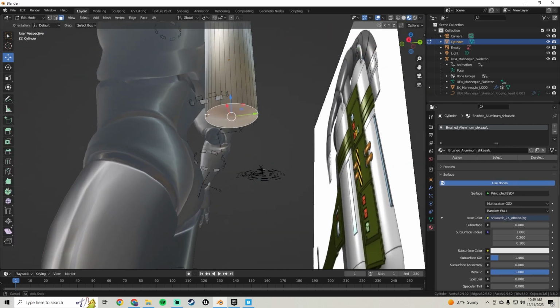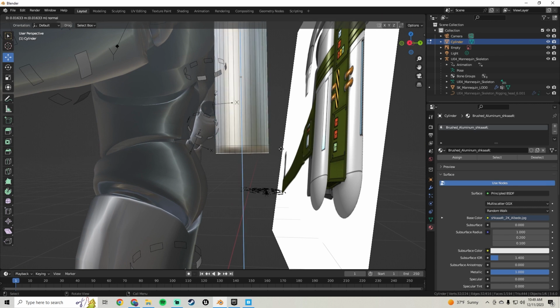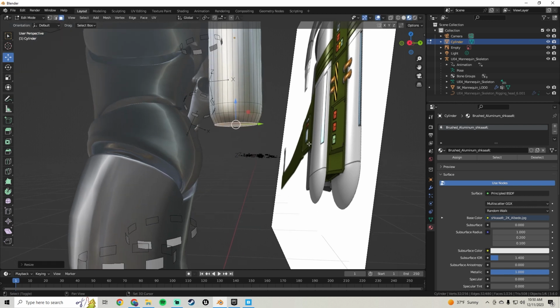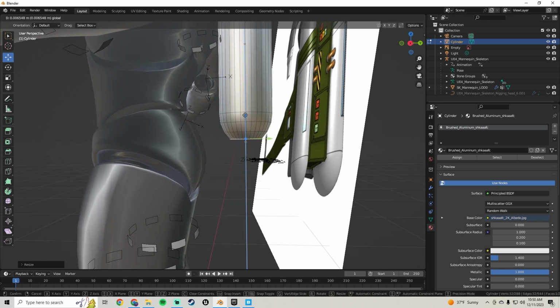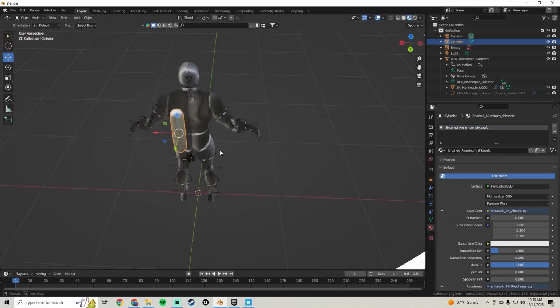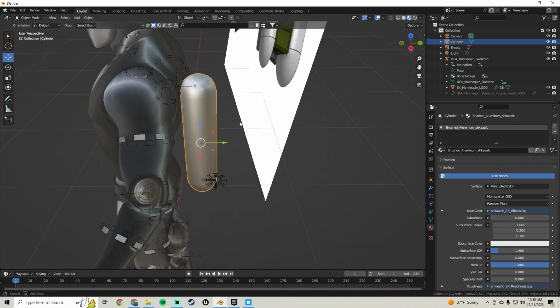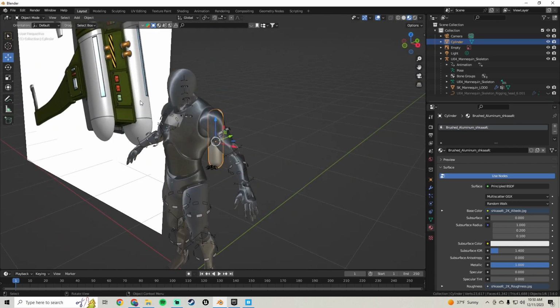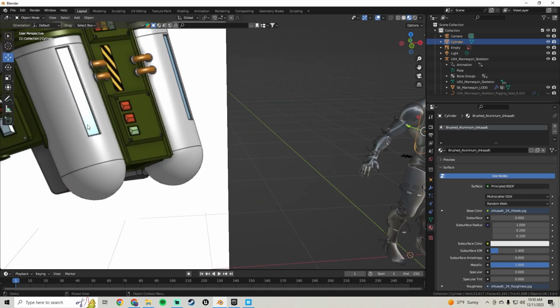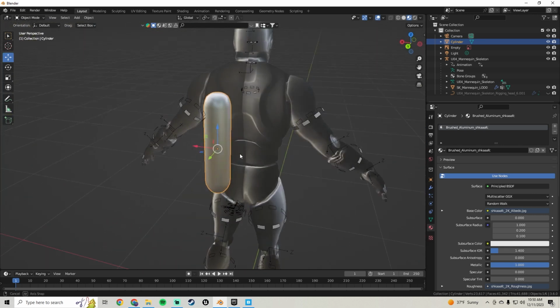Then we'll do it to the other side right here. Press E, pull down, scale it in a little bit, press E, pull down, scale it in a little bit, press E, pull down, press S, scale it in. We'll pull that one up a little bit, and one more. We'll pull this one up a bit like that, and we pretty much get a tank. Pretty much got a tank right here. And that's our first tank. And if you want the glasses, like these little glass pieces, what you can do,